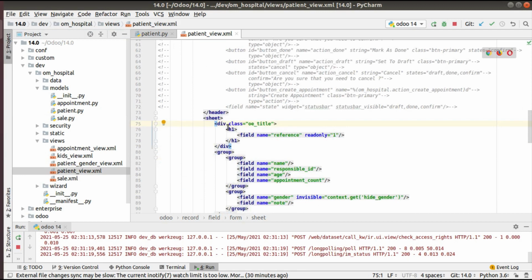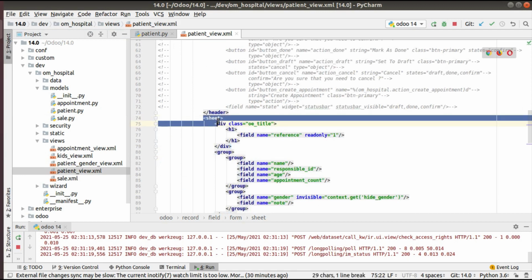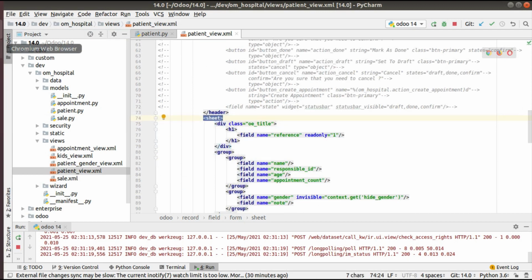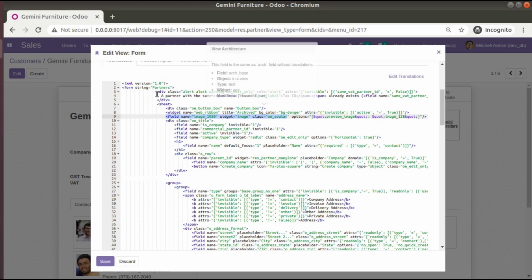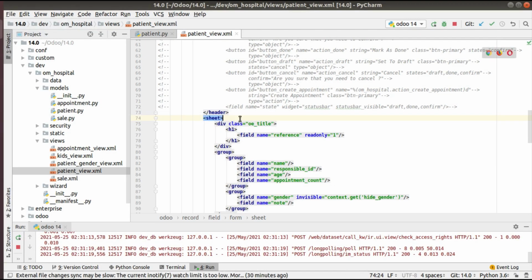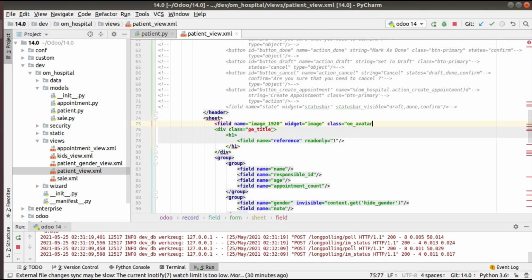Inside the patient view, if you check the code of the partner form, you can see it has been added right under the sheet tag, before the div starts. So we will give it right under the sheet tag. I will paste it here and close the tag.